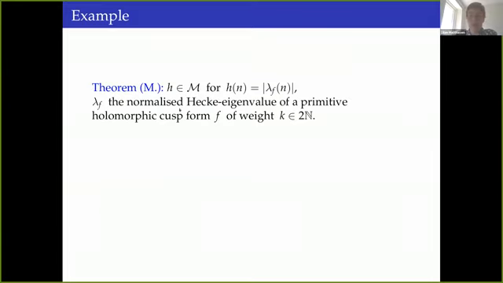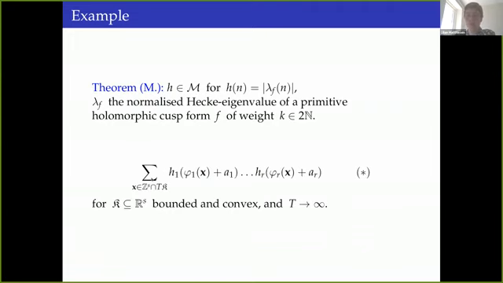So if you take a holomorphic cusp form, for which we know the Sato-Tate conjecture, and consider its normalized Hecke eigenvalues, then you get a multiplicative function. And if you take the absolute value of this function, which is still multiplicative, then you obtain an element that belongs to the class of functions. And for such functions, you can, for instance, asymptotically evaluate these expressions. So this has to be enough as motivation for the class being quite general for now.